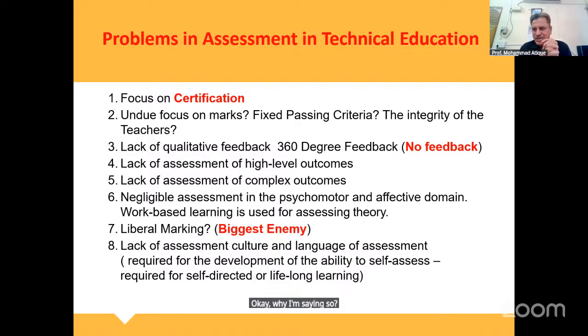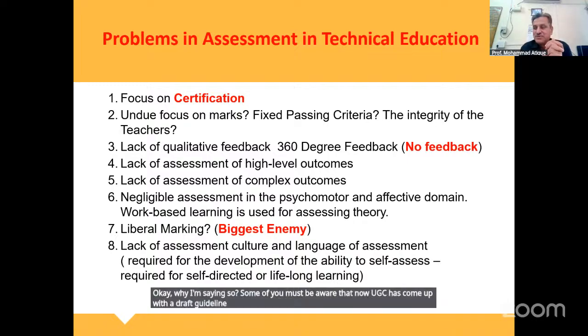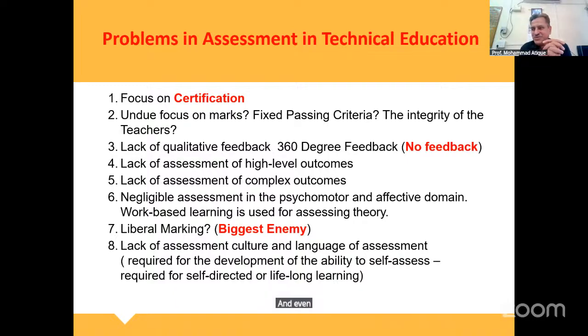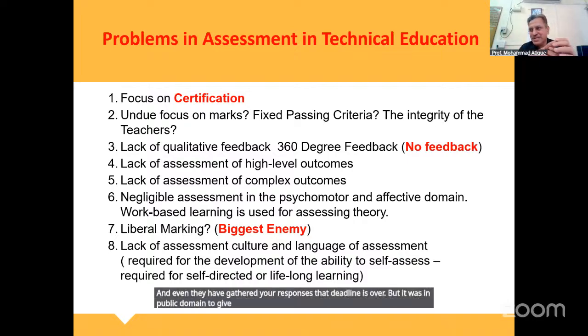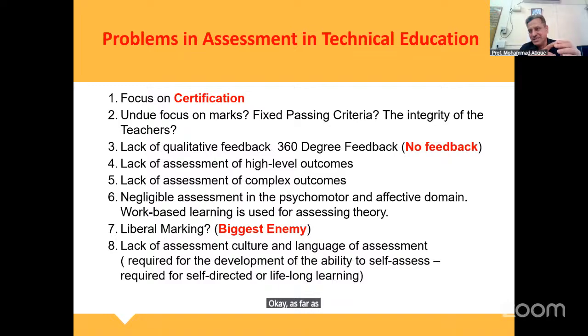Some of you must be aware that UGC has now come up with a draft guideline for selection of assistant professor, associate professor, professor, and vice chancellor, and so on. They have even gathered your responses. That deadline is over, but it was in the public domain to give your views with regard to those recommendations. As far as selection of assistant professor, associate professor, and professor is concerned,